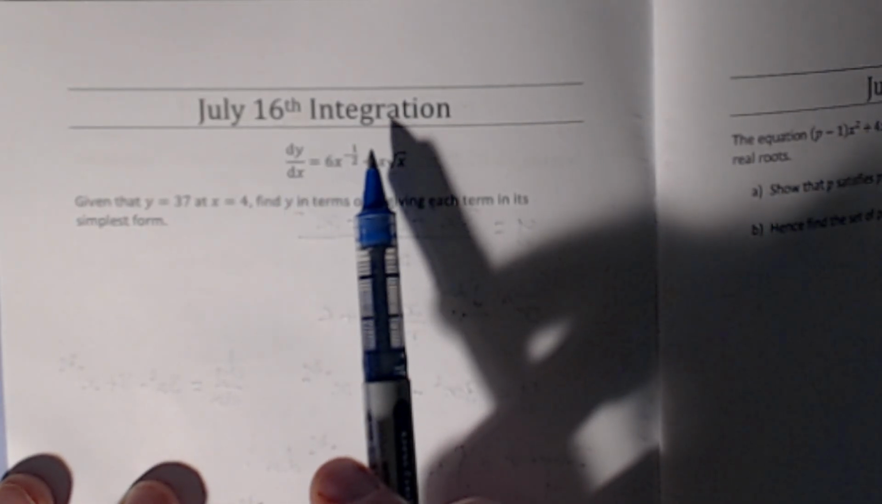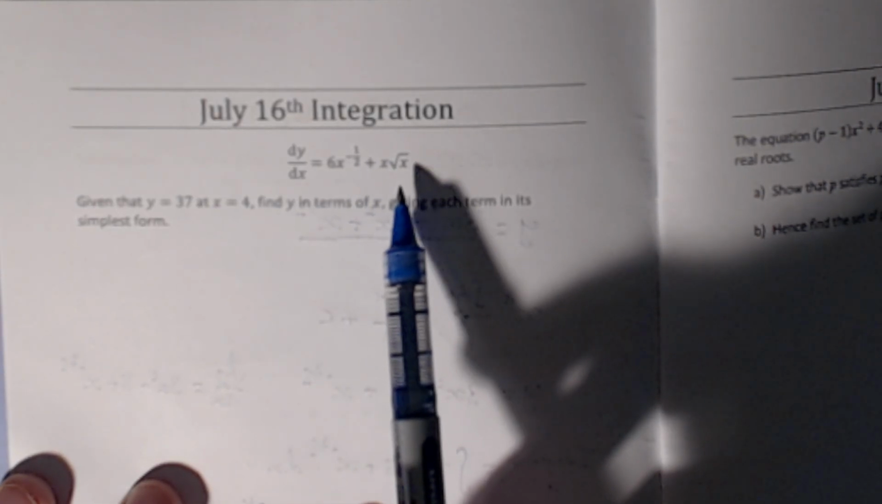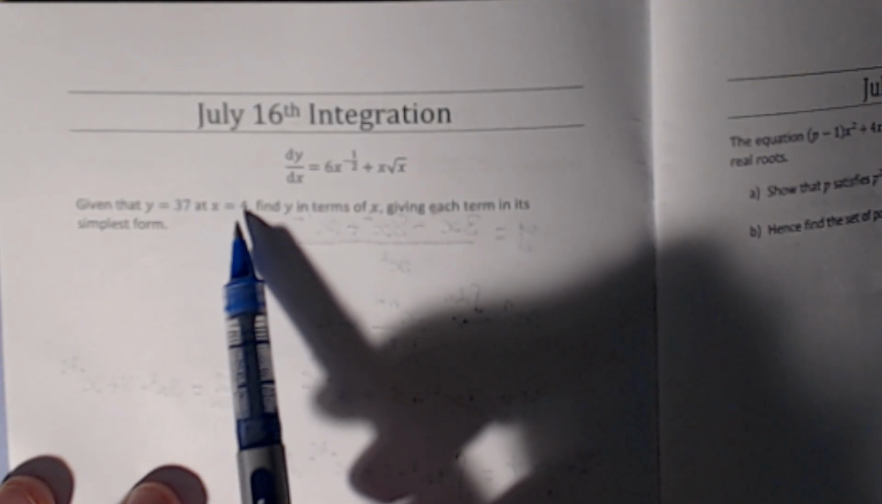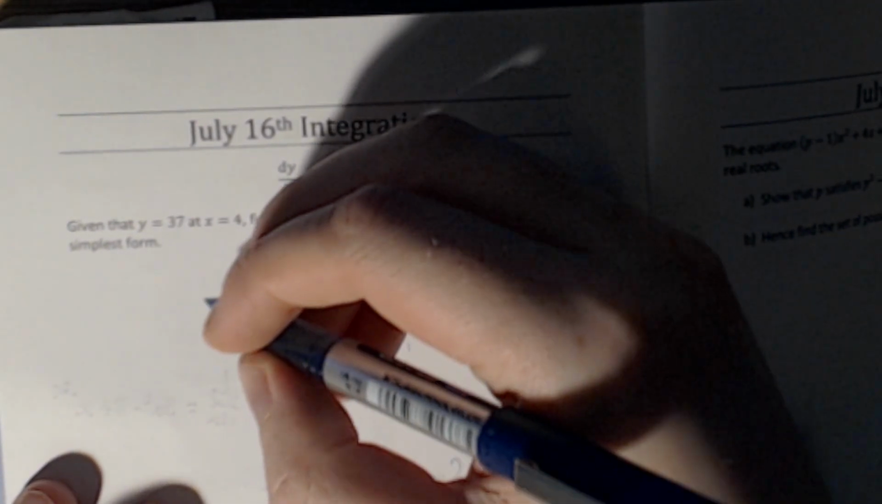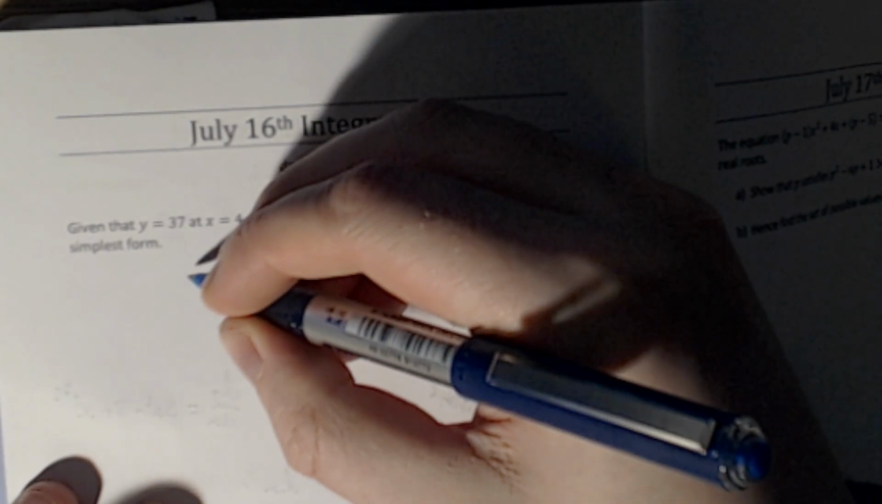Today we'll be answering the July 16th question on integration. As you can see, we have dy by dx is equal to 6x to the power of minus a half plus x times the square root of x. Now we're asked that given some initial conditions, y equals 37 at x equals 4, to find y in terms of x. Now what we're going to have to use here is our fact that